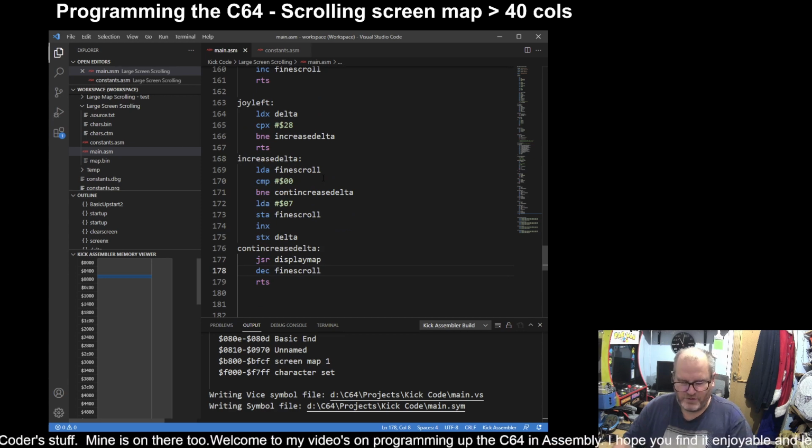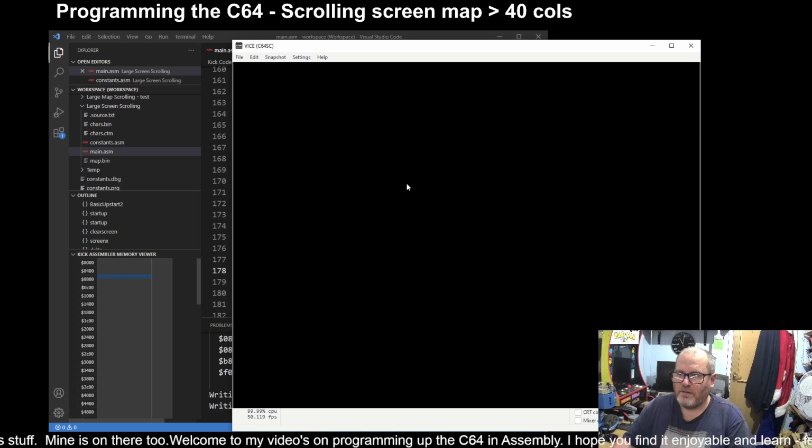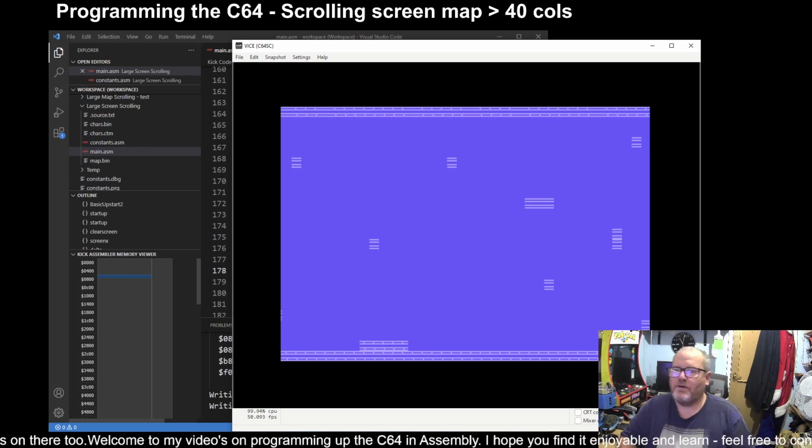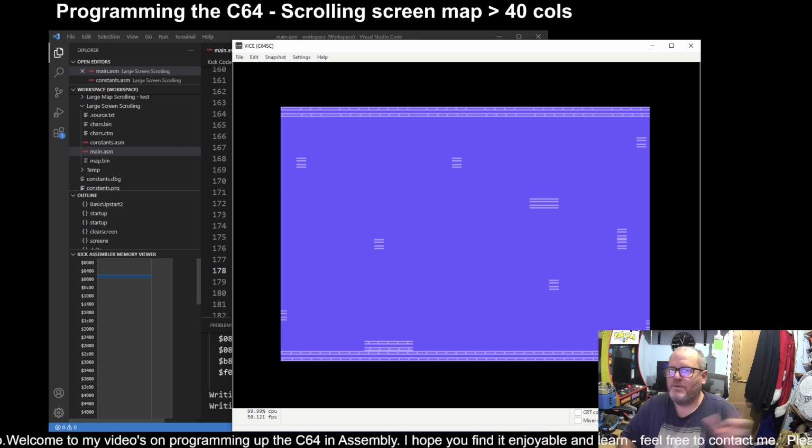I don't think that's right. Because if I want to go, if I want it to go that way, the screen's